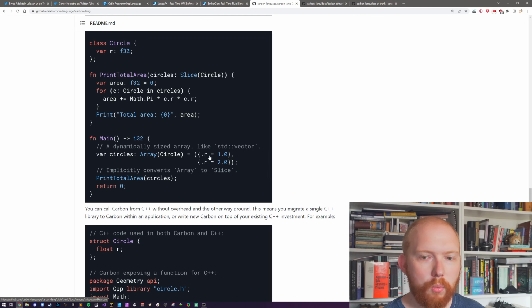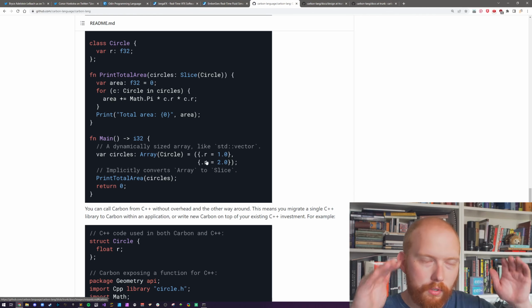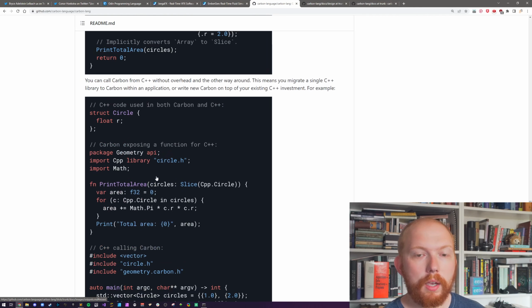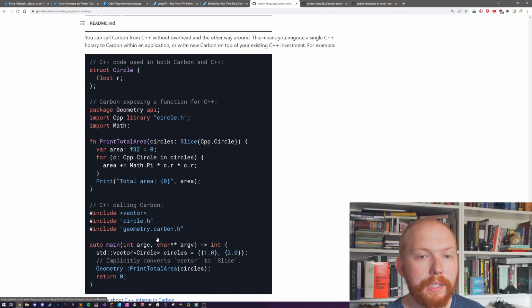So I'll explain what all this syntax means, because in the design document they explain it. The parentheses are the tuple. And then inside, they've got these struct aggregate literals, which is different, but the class, by the way, is how they do it there. So everything else looks the same. And now they're just showing the interoperability between the languages.